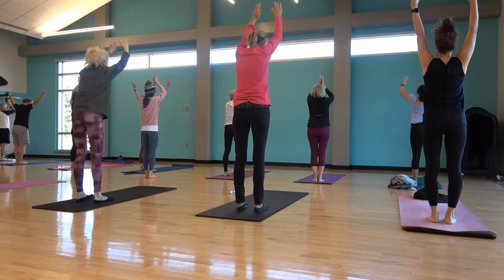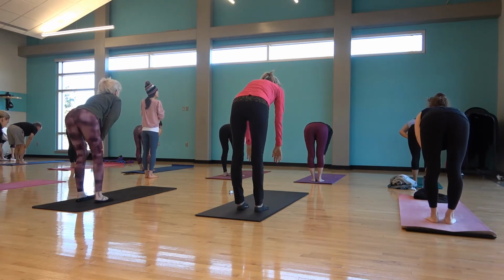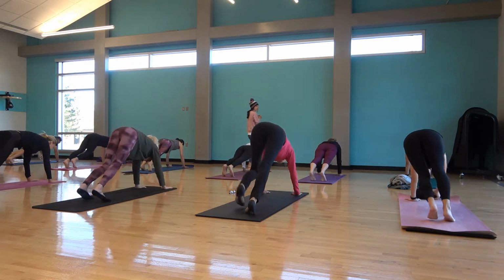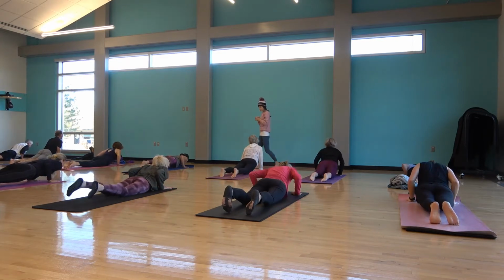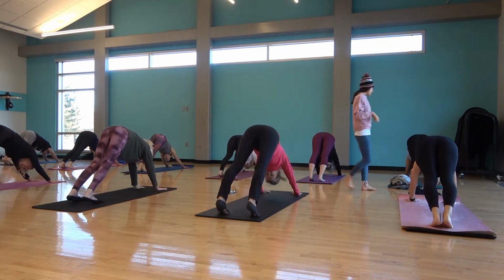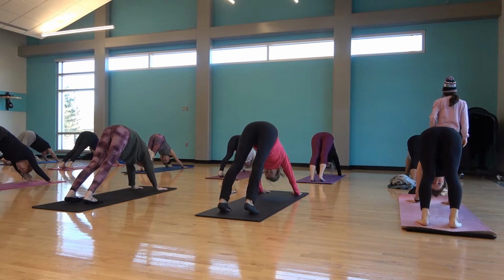Forward fold. Halfway lift, heart stretches away from grounded feet. Forward fold. Nice, Kathy. Walk the hands forward, high plank. Your vinyasa through. Nice, Tess. Gaze back at your ankles. Make sure they're hidden behind your toes so you get an even stretch across the Achilles tendon, calf, and soleus